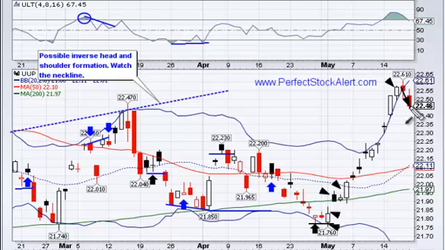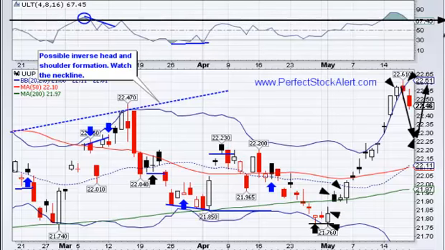Now, I want to time it right, which means I want to pull back somewhere. I don't know where she'll stop at, but at some point she's going to give us a hammer candlestick formation. I hope at that point we'll get a reversal, and then I would be a buyer of that situation there on the Ultimate Oscillator, expecting a price of $1 to keep moving higher, at least to test this high point. Right now, seeing a little peak out, taking some profits here, heading into the weekend. That makes sense. You are up above the Ultimate Oscillator's 70 line where you start to get your peaks to form there. So that makes sense.